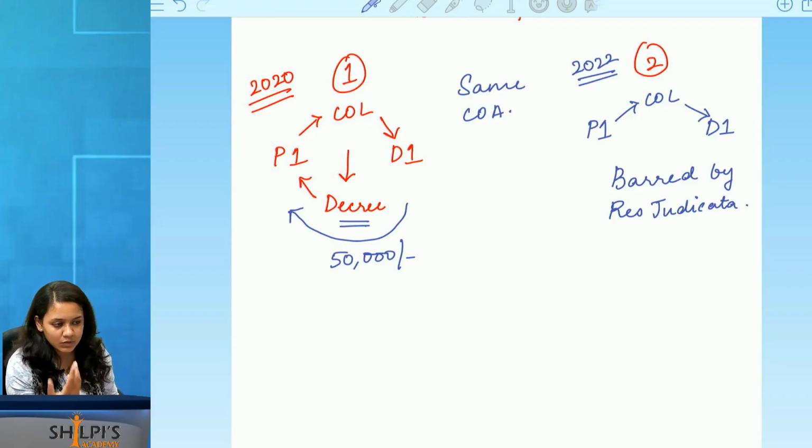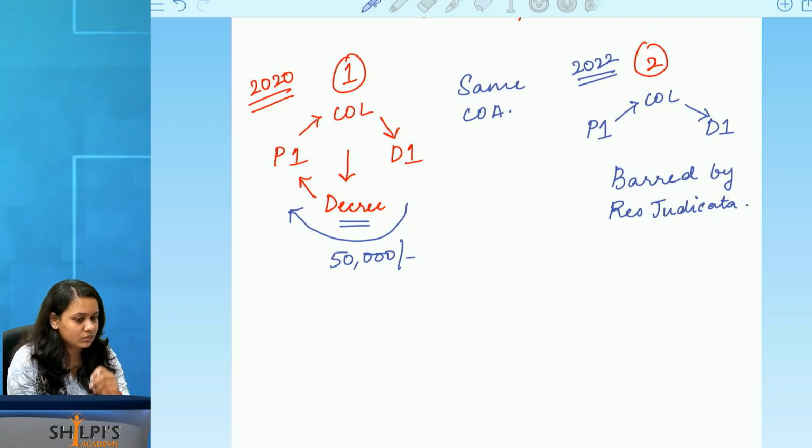Now let's say I am the assessee. I didn't pay my income tax for 23-24 and 24-25. Are they two separate causes of action? I'll repeat myself. I didn't pay for 23-24, one year. Then the next year also, 24-25, I didn't pay. Are they two separate causes of action or are they a single cause of action? They are two separate causes of action.